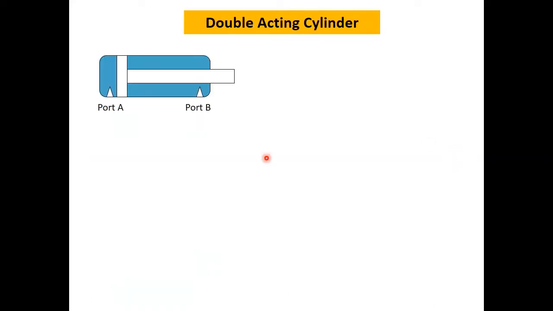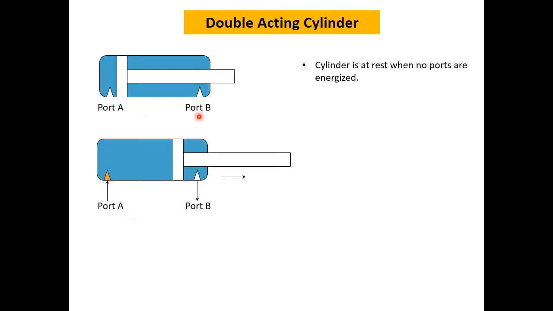Now let's understand the working of a double-acting cylinder. As shown in the figure, the double-acting cylinder consists of two pressure supply ports, port A and port B. The cylinder is at rest state when no ports are energized,